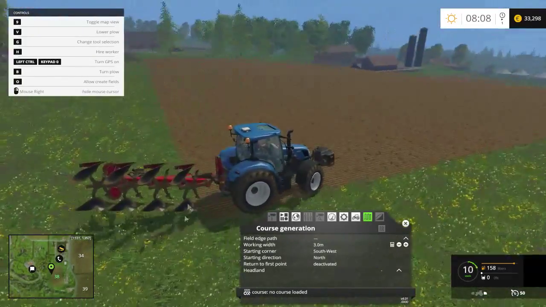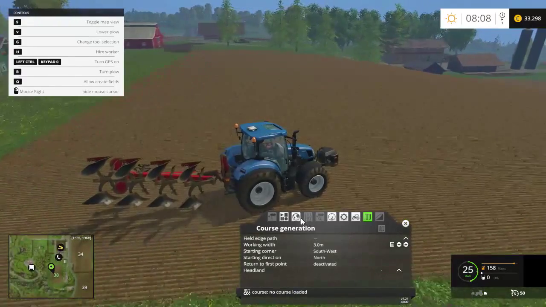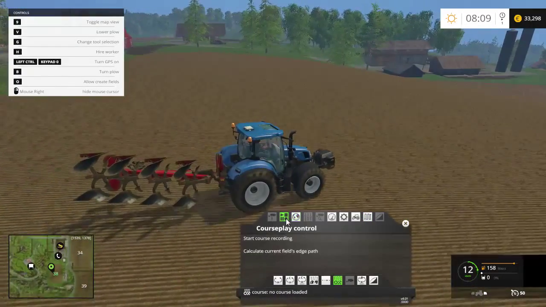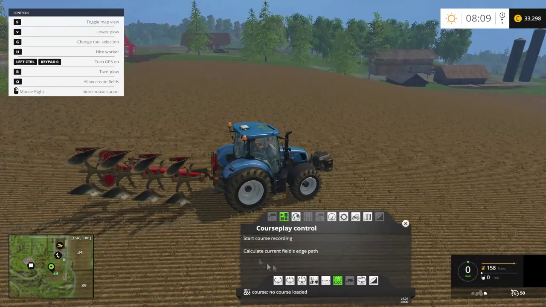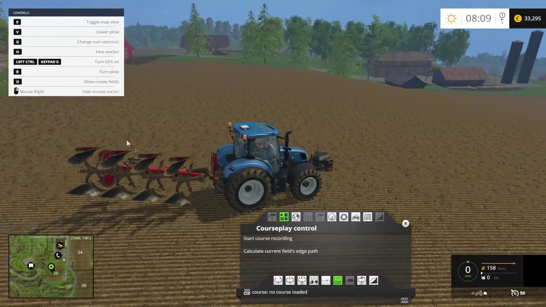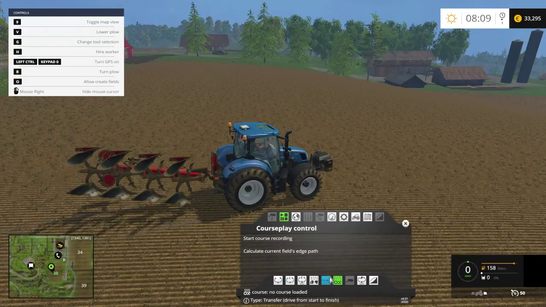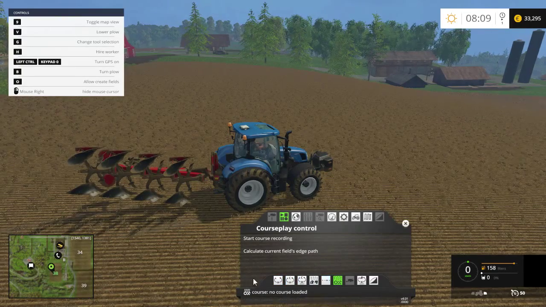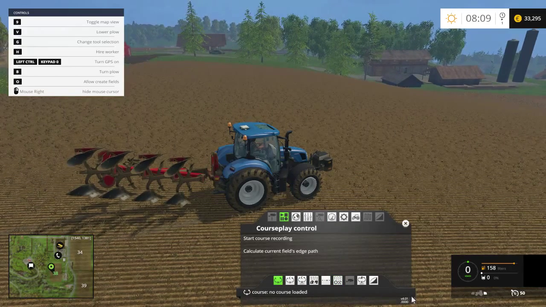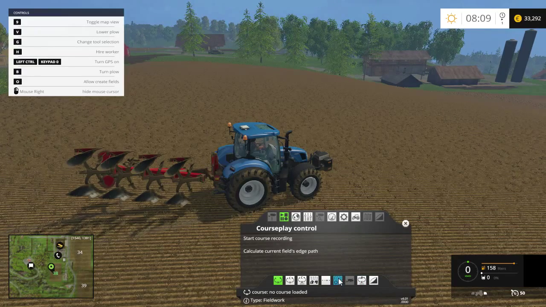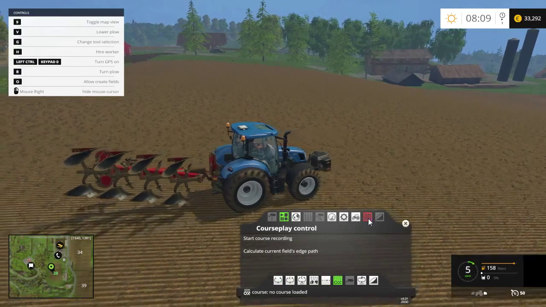Now, here's Courseplay, and for generating a fieldwork course, what you do is you go into the main screen here. This will come up when you open Courseplay for the first time. This is what you'll get, and you open that with the right mouse button. It'll be set on grain transport like this. This will be your exact setup first time you load up Courseplay. You need to go to the fieldwork mode, which is this one, and then